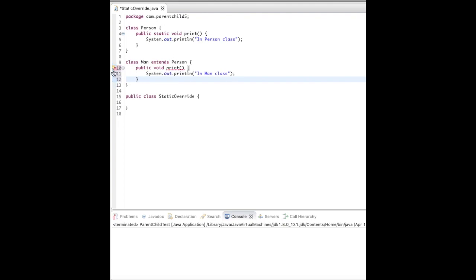So let's see. No, it's not, because the print method is static, and a static method belongs to the class, it doesn't belong to the instance. While overriding is related to the instance, not related to the class. That's important. That's why a static method cannot be overridden. What it does is data hiding. Data hiding can only happen if I do something like static here,